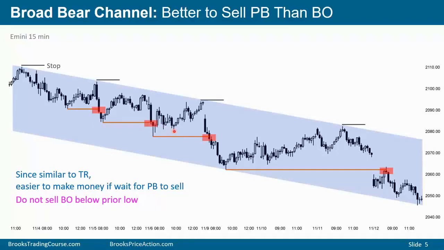A bull might buy this as a higher low, major trend reversal, and then once we get this rally, he might put a stop below here or below here, and then he gets stopped out. Therefore, you have bulls selling at the new lows. They're getting stopped out, and the bears are not selling down here. The bears are buying down here. They're buying back their shorts from selling higher.